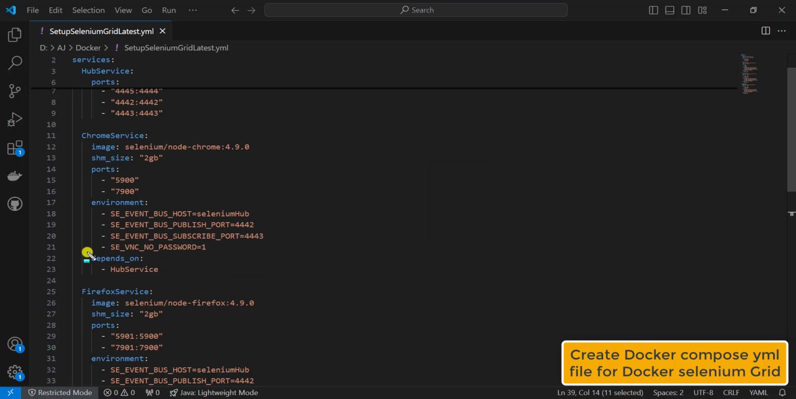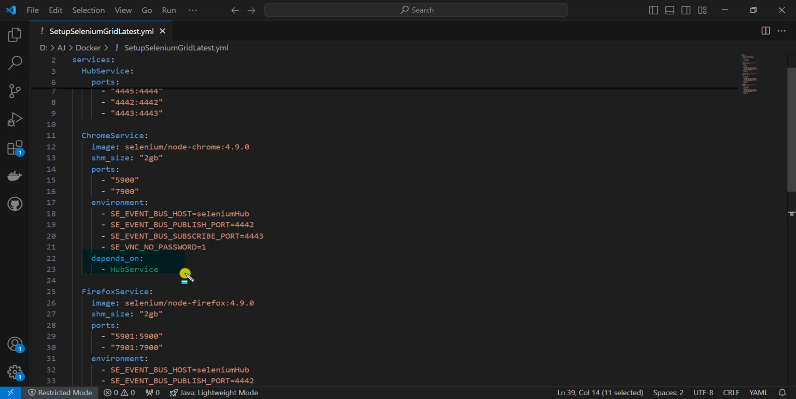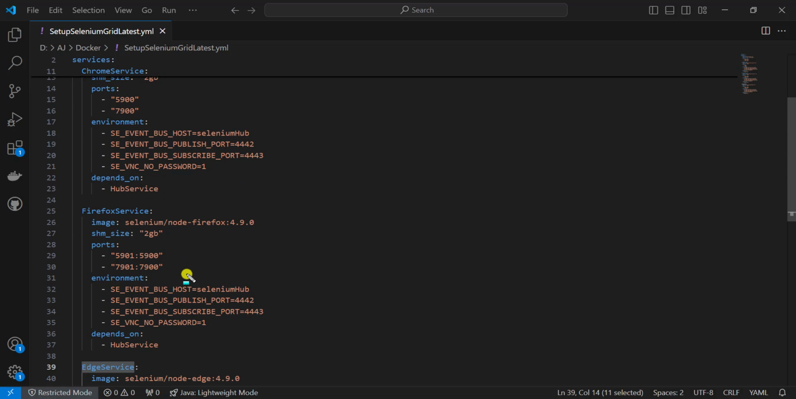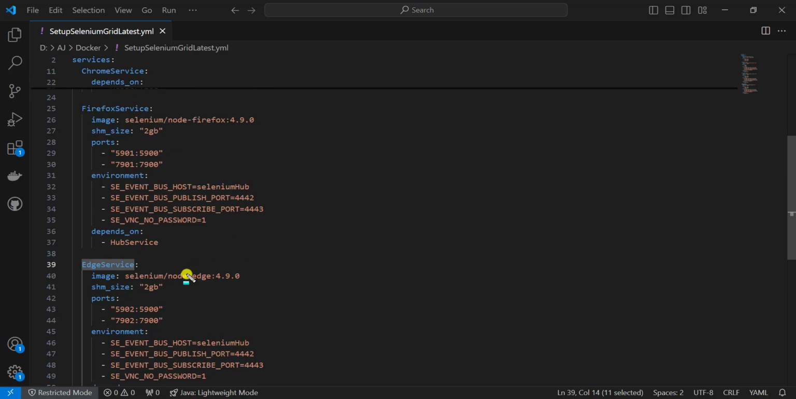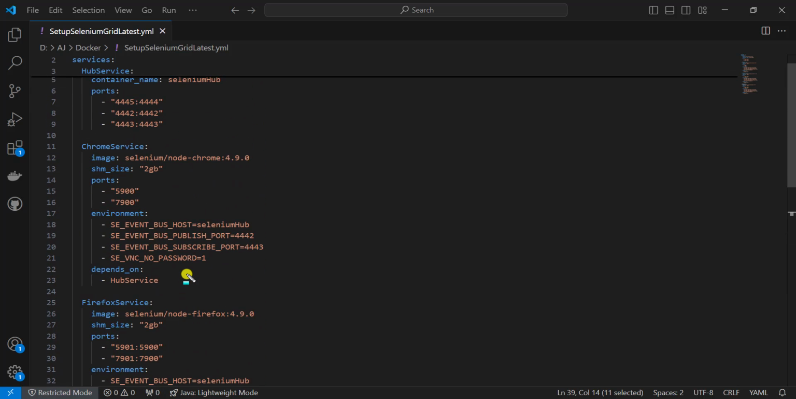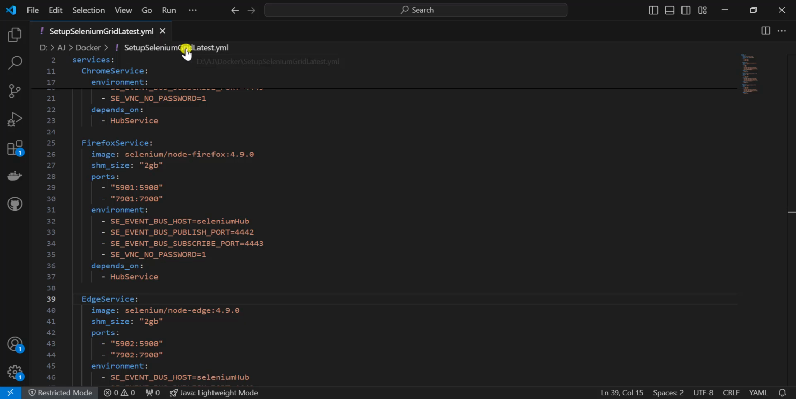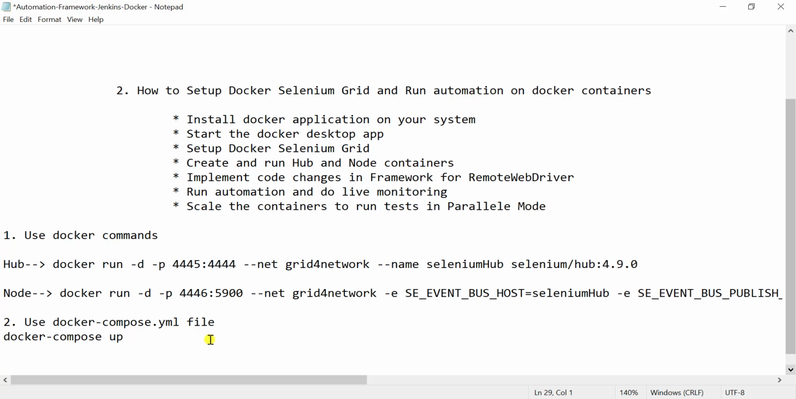So all the node containers will depend upon the hub container, that means the hub service. So these are the things we need to provide in our Docker Compose YAML file. To run this YAML file with the help of a Docker command,